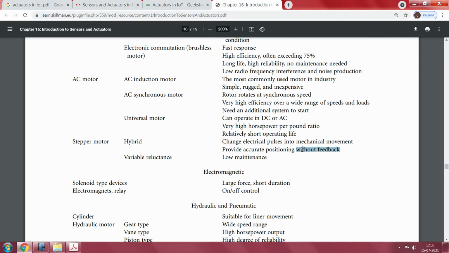There are also other types of motors, called variable reluctance motors. In big sizes they are very popular and have extremely low maintenance. There are no magnets in a variable reluctance motor, so that is a good thing. Dependence on magnets can be done away with if you design good variable reluctance motors. Then you come to solenoids.